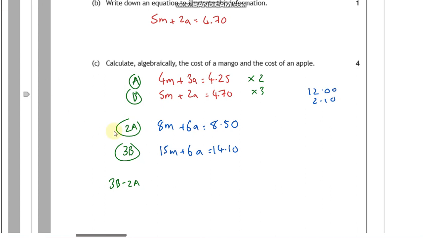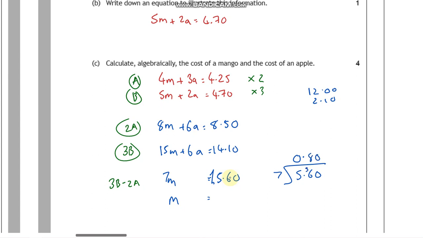So 15 take away 8 is going to give me 7m. 6a take away 6a is 0, so that's good. And this take away this is going to give me 560. And at this point you should think, yes, that looks quite good because 56 is in the 7 times table. To work out 1m, I'm going to do 560 divided by 7, 0, carry the 5, 5 8s are 56,